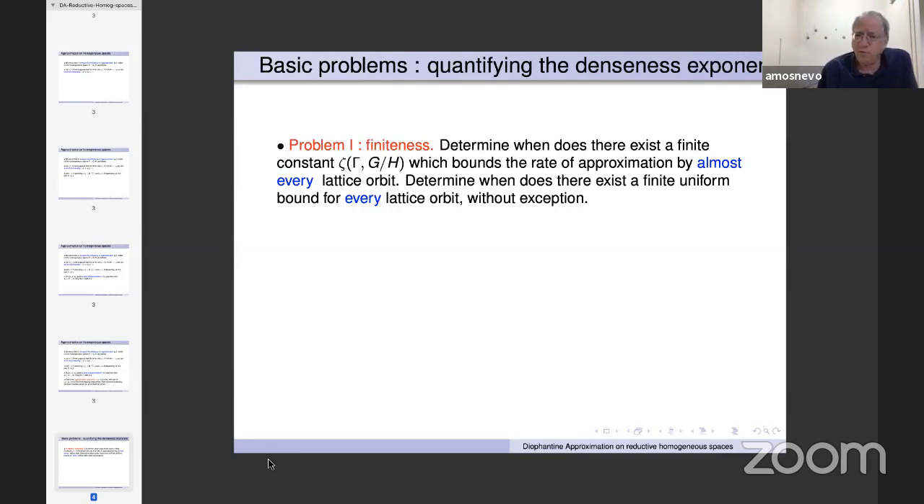So the first problem would be the problem of finiteness, obviously. So we should determine when does there exist a finite constant zeta, which depends on gamma and the homogeneous space G mod H, which bounds the rate of approximation by almost every lattice orbit. That would certainly be a nice thing to have. And actually, going a step further, we would like to determine when does there exist a finite uniform bound for every lattice orbit,